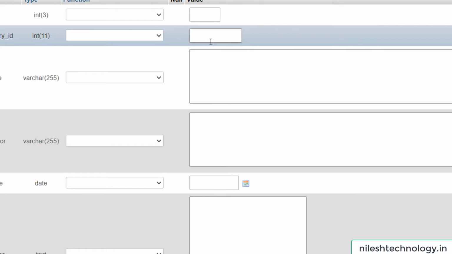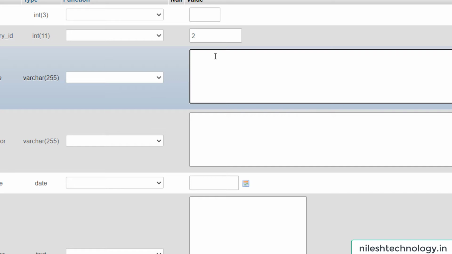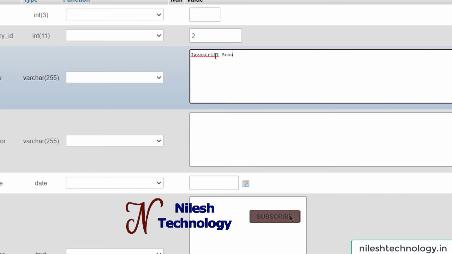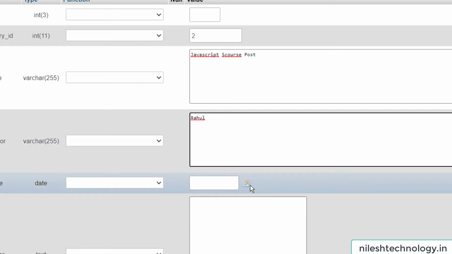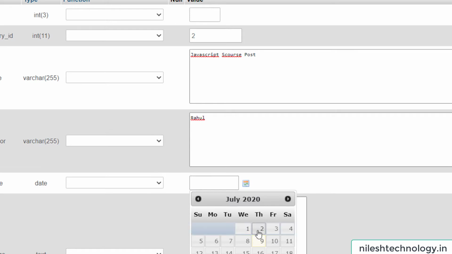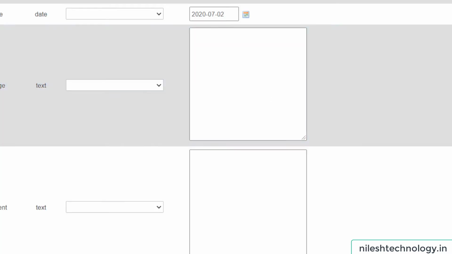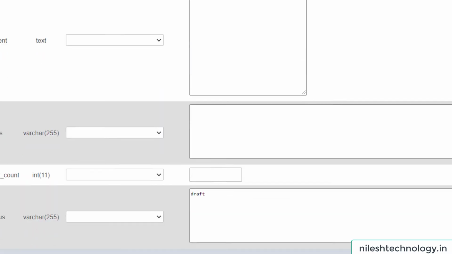Okay, so category id, for example here 2. Then the second title, for example JavaScript course post. Okay, for example the author is Rahul, and the posted date is, for example, 2. Then leave this image text box empty.